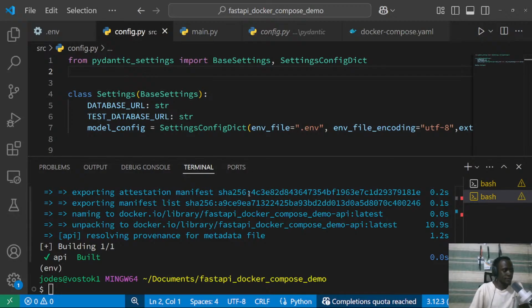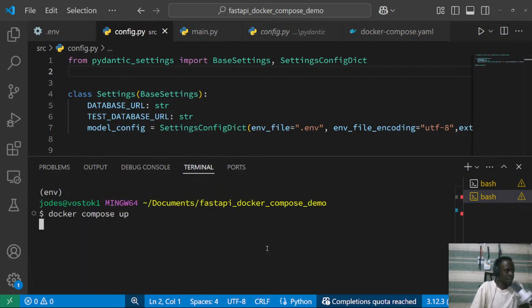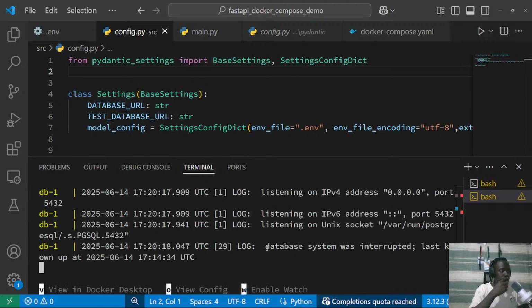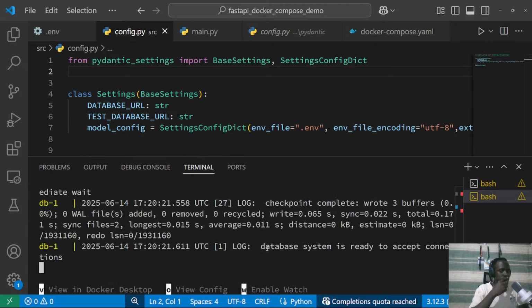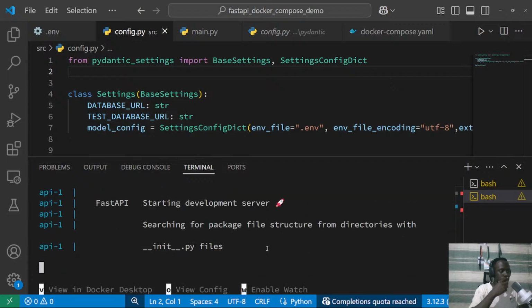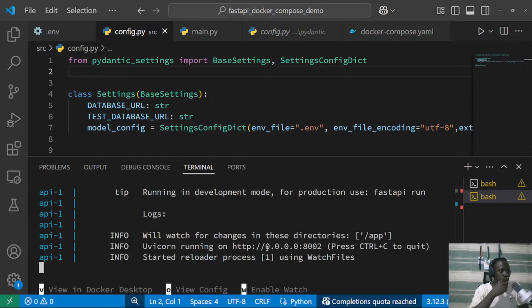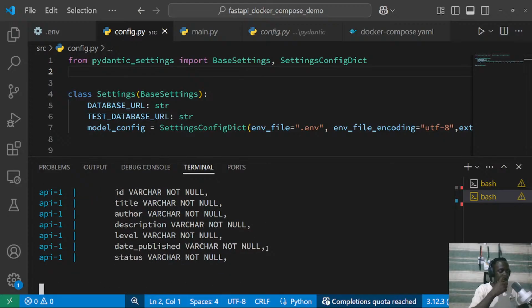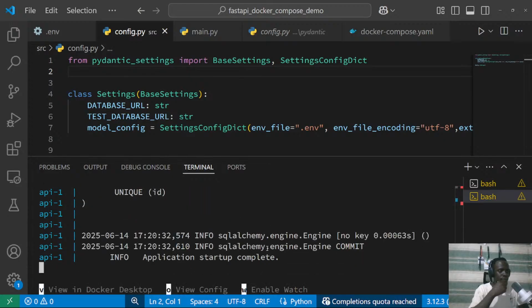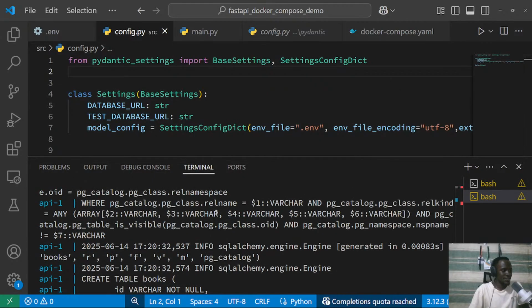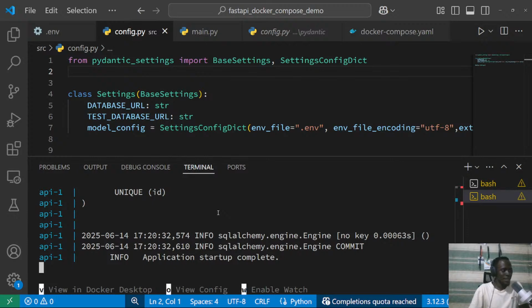Okay, so we built a setup. Let's run Docker Compose app. Nice, our app is running. So now let's confirm if our database tables are being created. Yeah, they are. I'm saying PG catalog. This is for Postgres. Interesting. So now let's go ahead and